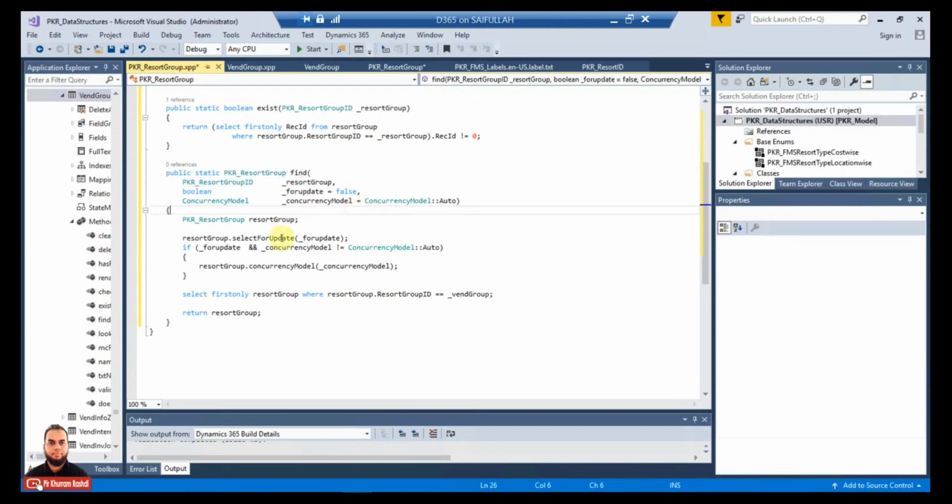So once it is there, there is a resort group dot select for update, and for update is passed from here. If it is true, it will be passed, otherwise it is false. So if it is true, and concurrency control is also checked here, then it is already selected for true here, and the concurrency model is selected inside this if condition. And after this, you can see the main thing is here. Basically, also I need to replace this one